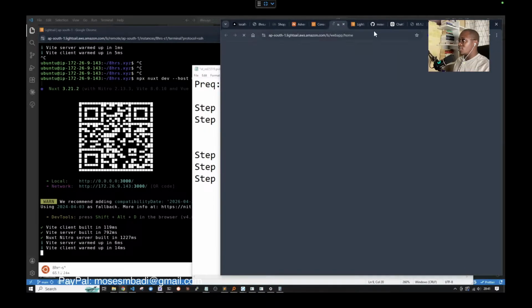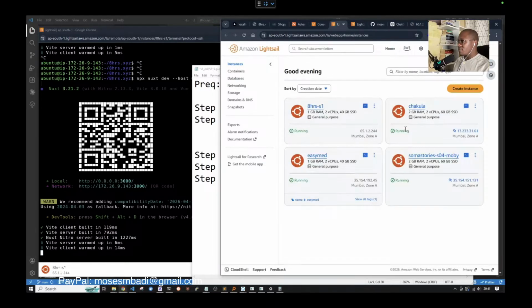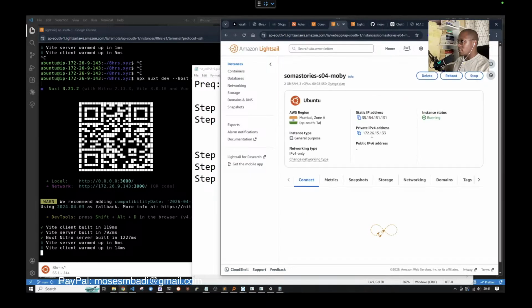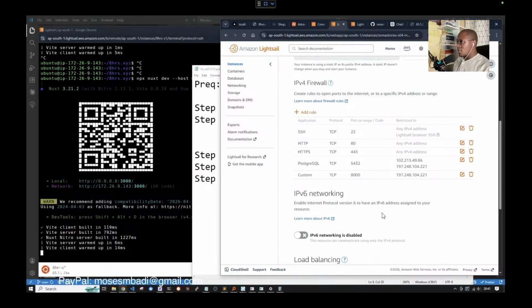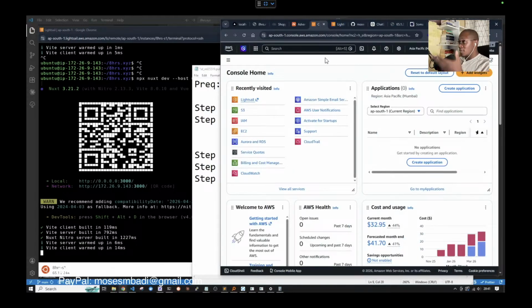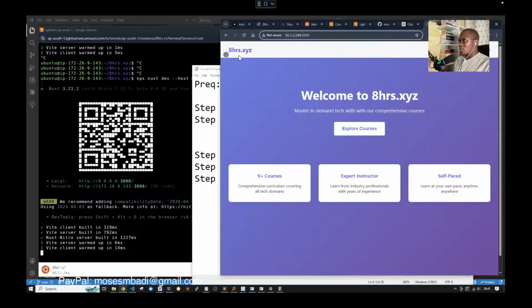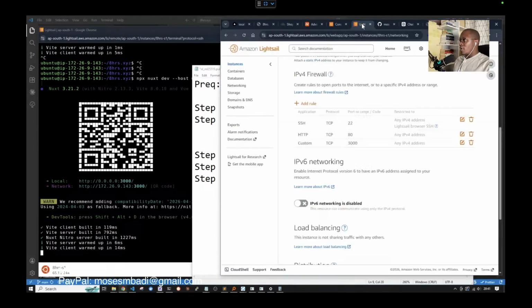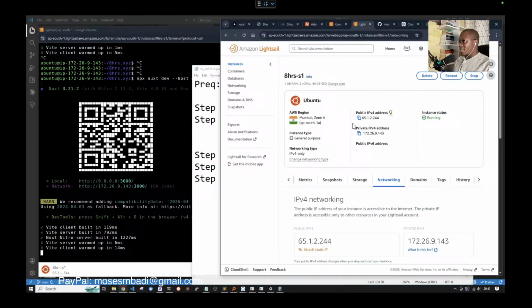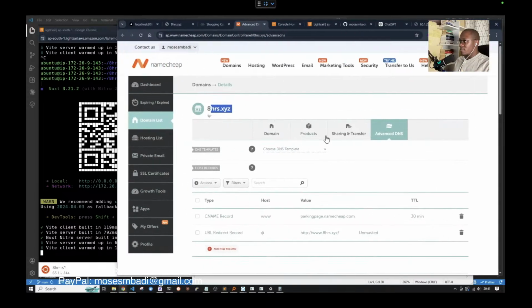So let me just do a quick check. So this is the server hosting Soma Stories. Let me see the networking. I have not opened port 3000, so I will not be able to access it. We'll look at what that means in a second. So we want the user to type 8hours.xyz. What do we need to do? Number one, we need to capture the public IP address of our server, this one right here. We say copy, and then we go to our domain registrar right here, and then under advanced settings,